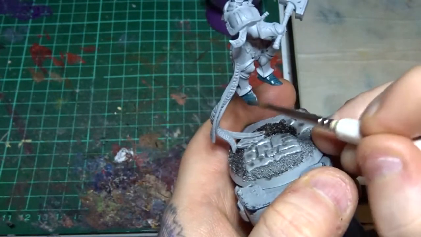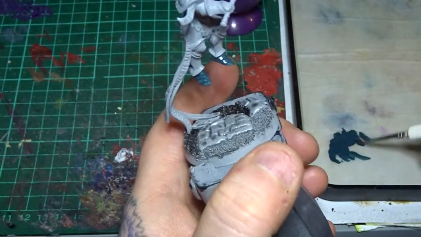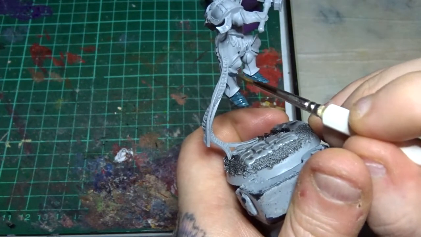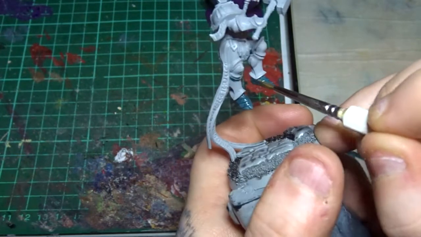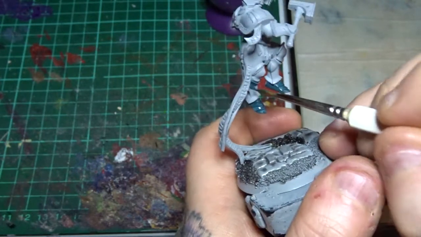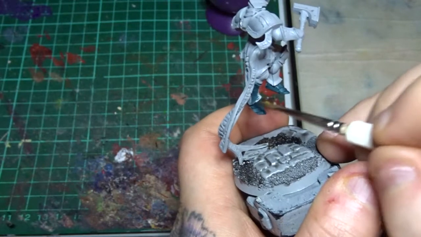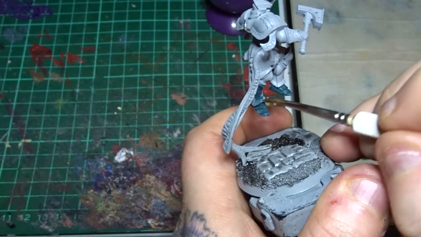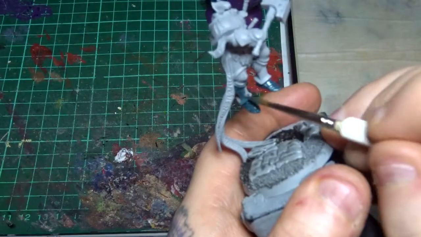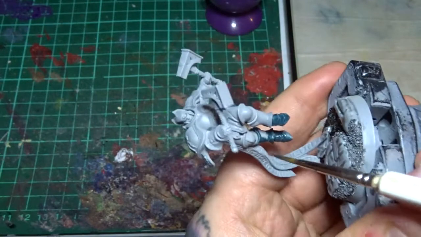So first of all, you'll notice I've gone and made a little bit of a custom base there. This won't be included in the video on how I made this, but it's basically some green stuff to make the paving stones, and then just some sand glued around the edge of it, with obviously the model glued in place there. I've then gone ahead and primed the model with grey primer, and I'm now applying a coat of